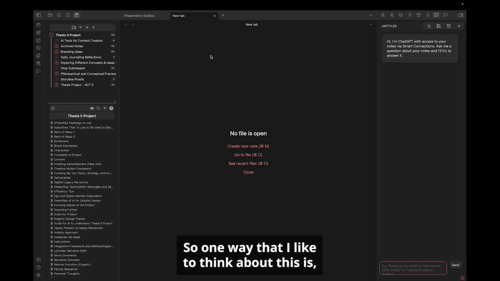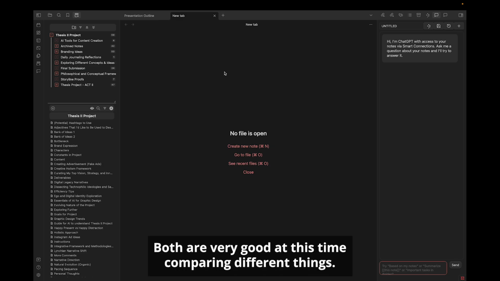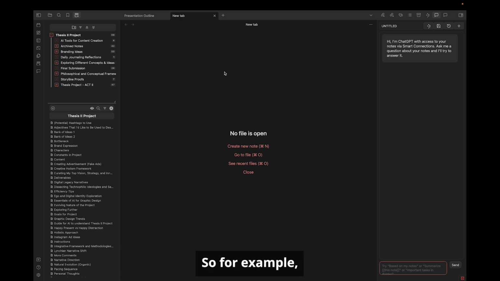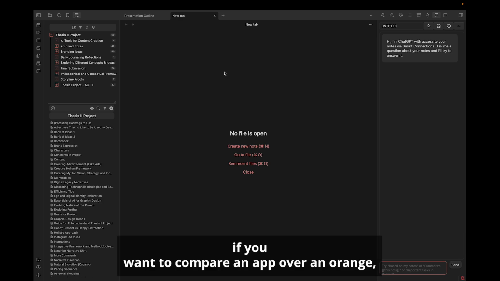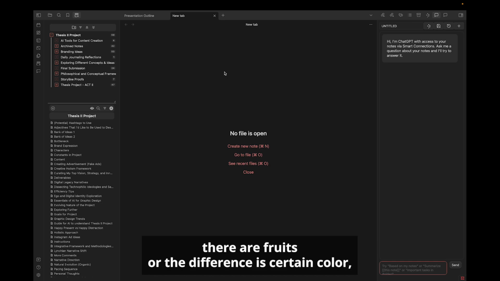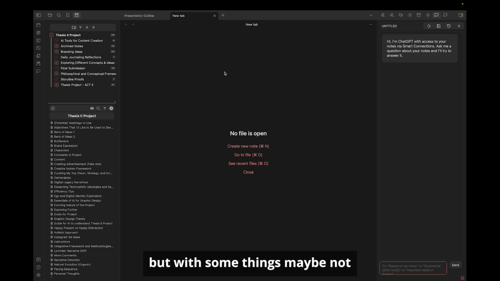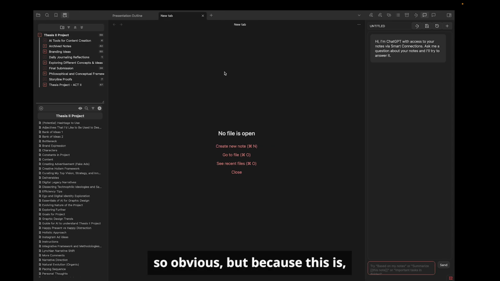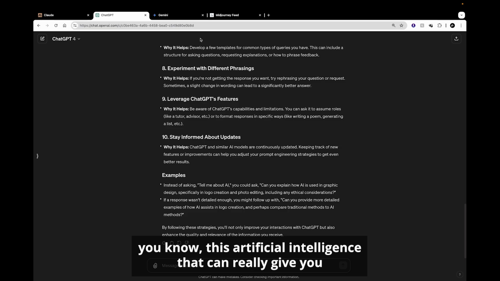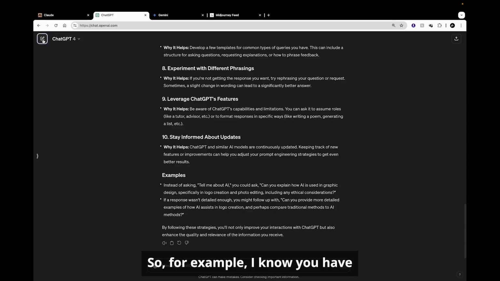So one way that I like to think about this is what these chatbots are very good at is comparing different things. So for example, if you want to compare an apple with an orange, you have your own things that you can quickly pick up, like, oh, they are fruits, or the differences are the color. But with some things, maybe not so obvious, but because it's artificial intelligence, it can really give you a lot more info. So for example, I don't know,